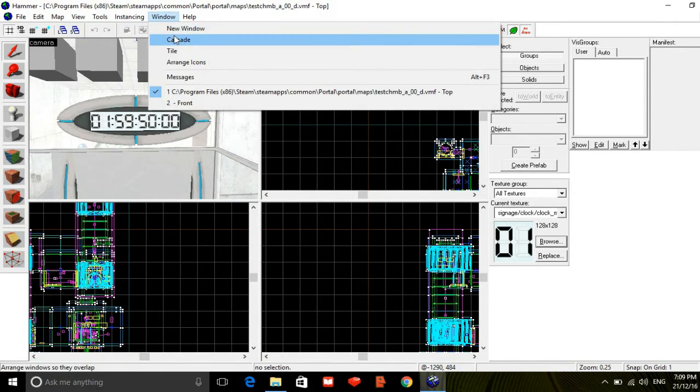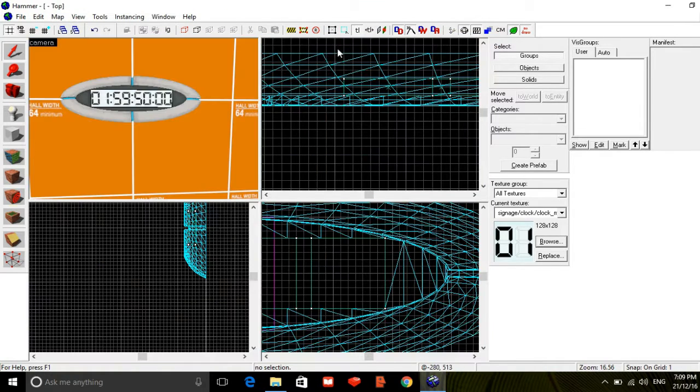So if we go back to our map, then we should see that it should say 1 minute 59 seconds and 50 centiseconds. 1 minute 59 seconds 50 centiseconds. Sorry, 50 centiseconds. So that's how we know we've got the panel set up correctly. Now what we're going to do is